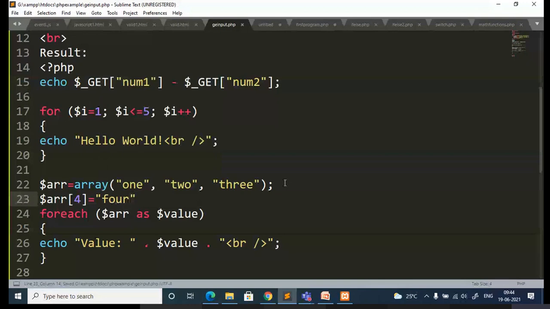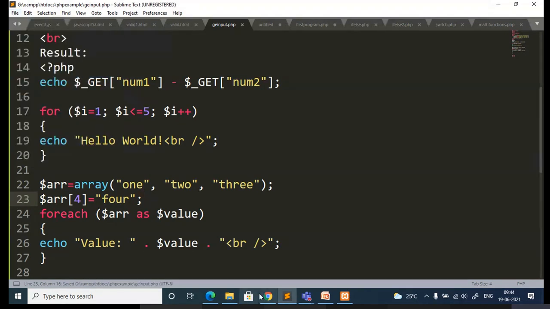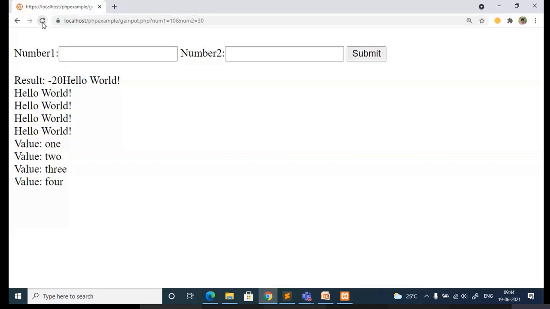Now your array should get updated and I should be able to display even this value. Can you see? It's so easy to work with arrays, and arrays are commonly used in PHP. We'll explore arrays, different types, all those things.